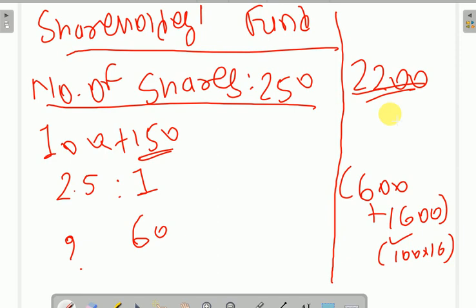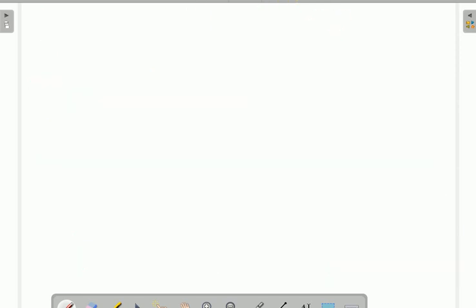फिर रिटेन अर्निंग्स आपको लिखनी होती है, वो लिखेंगे। अब देखिए, जब कंसोलिडेशन होता है, यहाँ पे भी आपको बी के पॉइंट ऑफ व्यू से ही करना है। तो आप इसमें 1400 लिख सकते हैं। आपको ए की नहीं लिखनी है, क्योंकि पूरा कोई पोस्ट प्रॉफिट ऐसे दिया नहीं हुआ है।